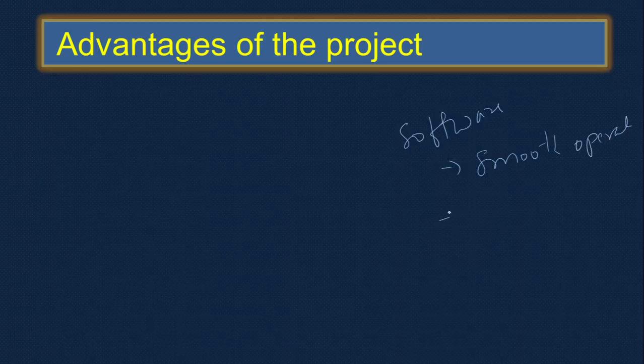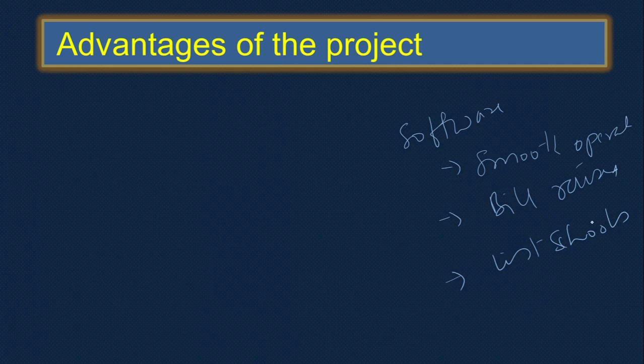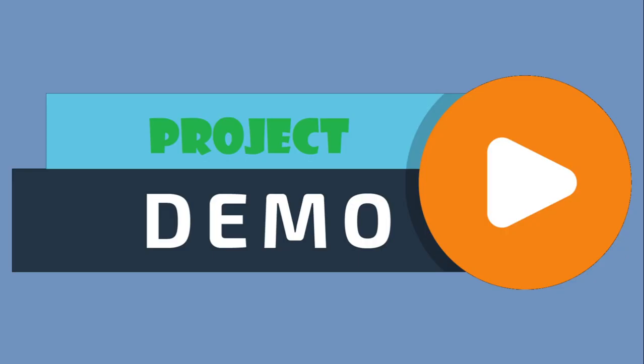They can know how many bills are raised. Manually it's a little difficult. Then they can have a list of schools. From that they can check which school distributed, which school is not covered, all that they check out. And whatever advantage you're getting from the computers, the same thing is applicable to this project too. Now I'll show the project demo.